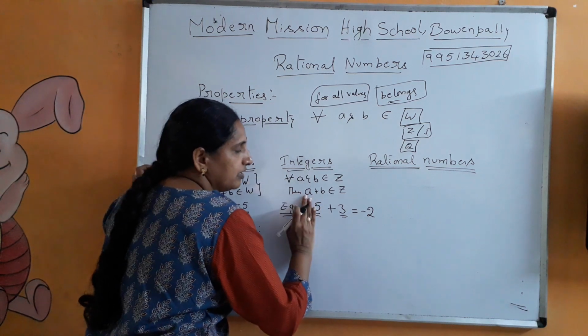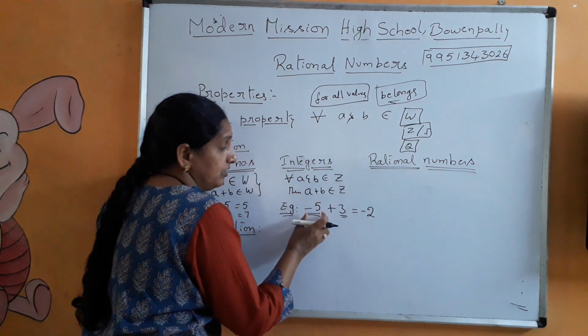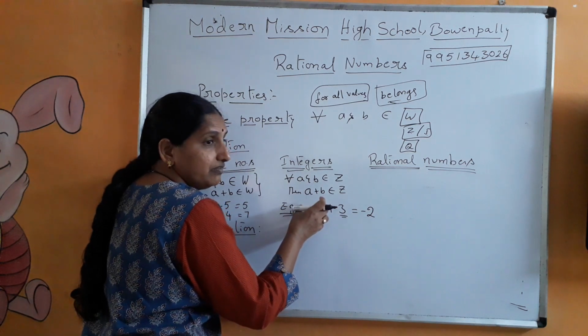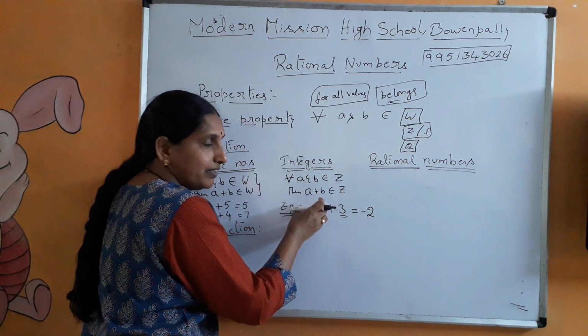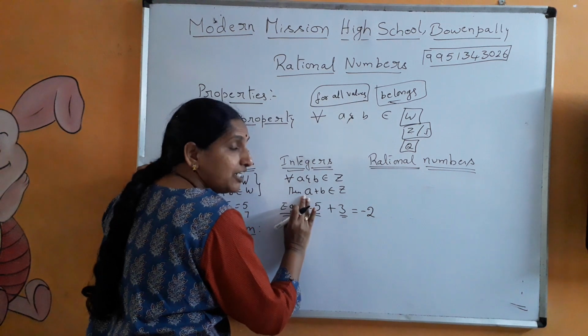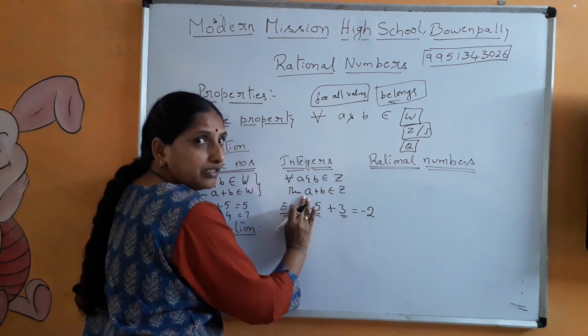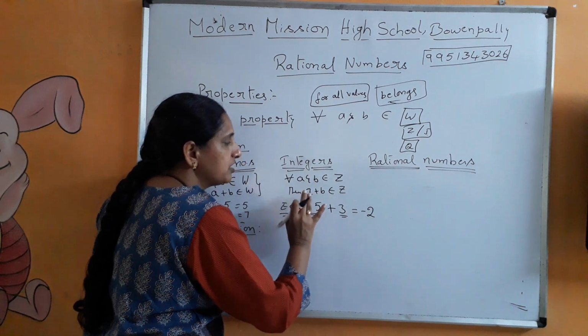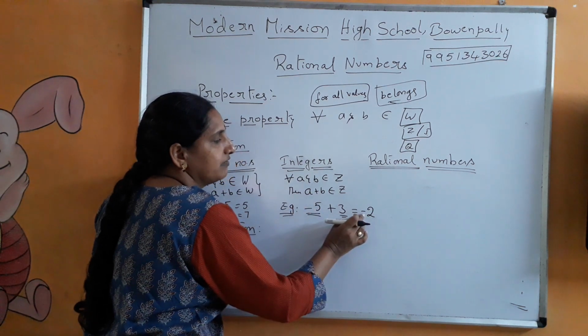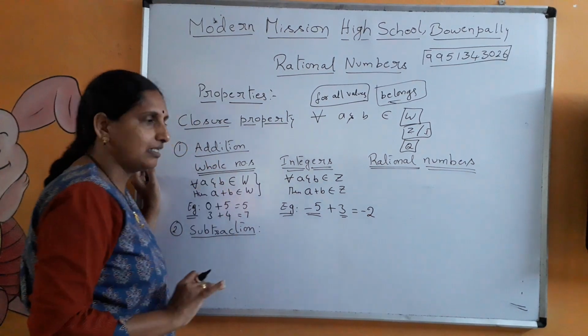Now forget this one. Don't say again, sir, ma'am, in the number line we are taking -5 as the lowest one. Yes, -5, but what I am saying is here the magnitude. That means I am talking without taking the sign. The larger number is 5. So whichever sign you have here, that sign will come here. Clear?